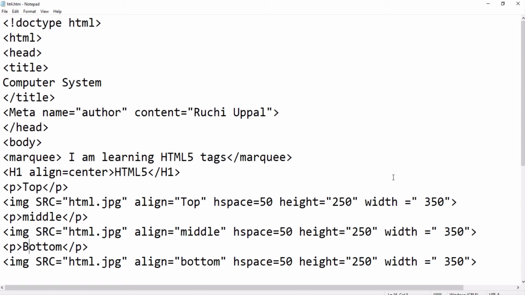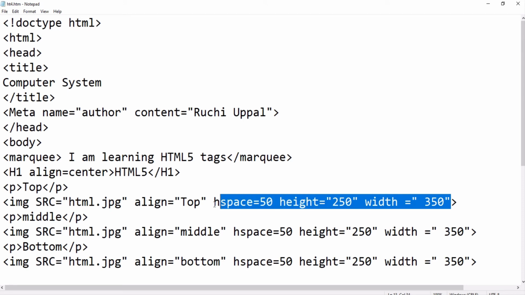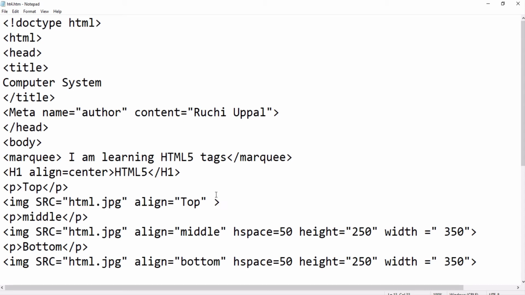I will write here font, and let me erase this. I will simply write here now bold. After that I am again starting my font attribute, and I will use font color.